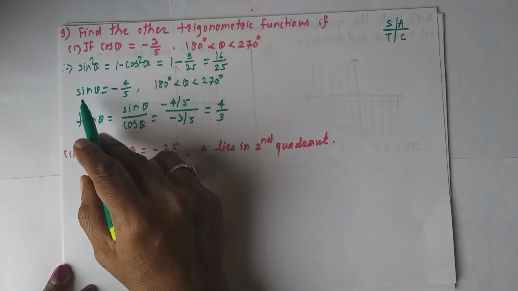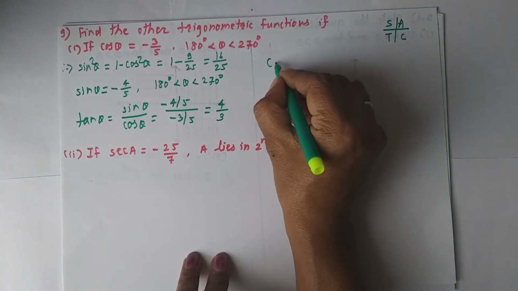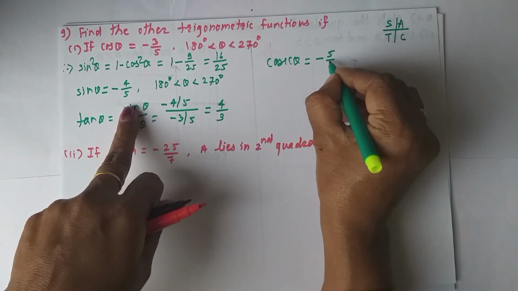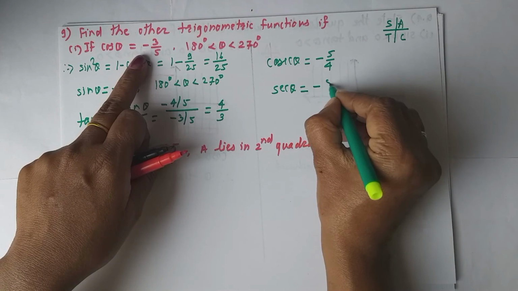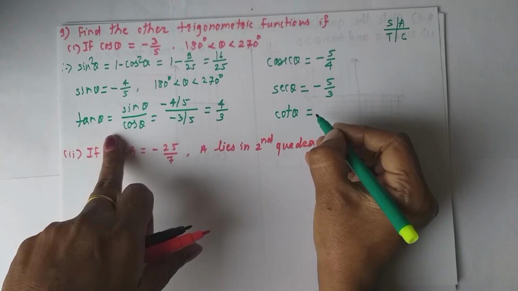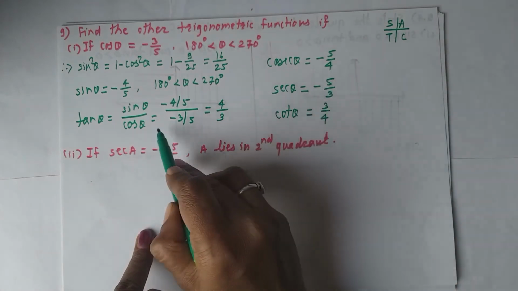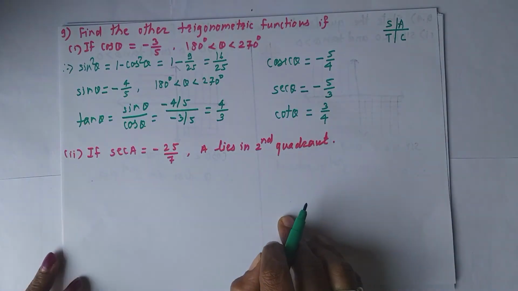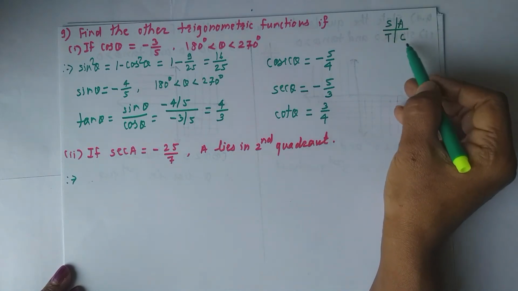Now we know cos theta, sin theta, tan theta. You take the reciprocal of these functions, you will get the remaining functions. Now see, cosec theta is the reciprocal of sine and that will be minus 5 by 4. Sec theta is the reciprocal of cos, cos is already given, minus 5 by 3. And cot theta is the reciprocal of tan, it will be 3 by 4. And see, as theta lies in the third quadrant, tan and cot are positive and the remaining functions are negative. Okay students, let's proceed to the next problem. It is very easy if you know this all sin tan cos.